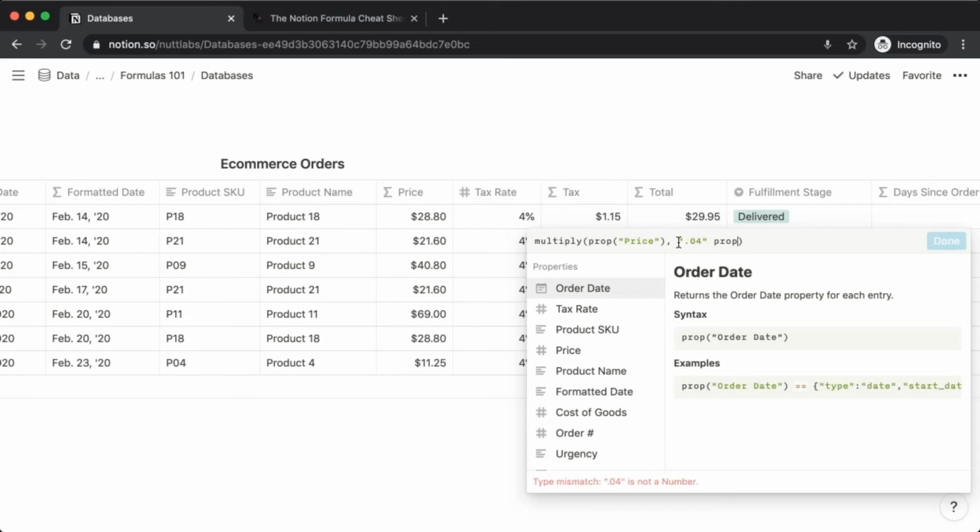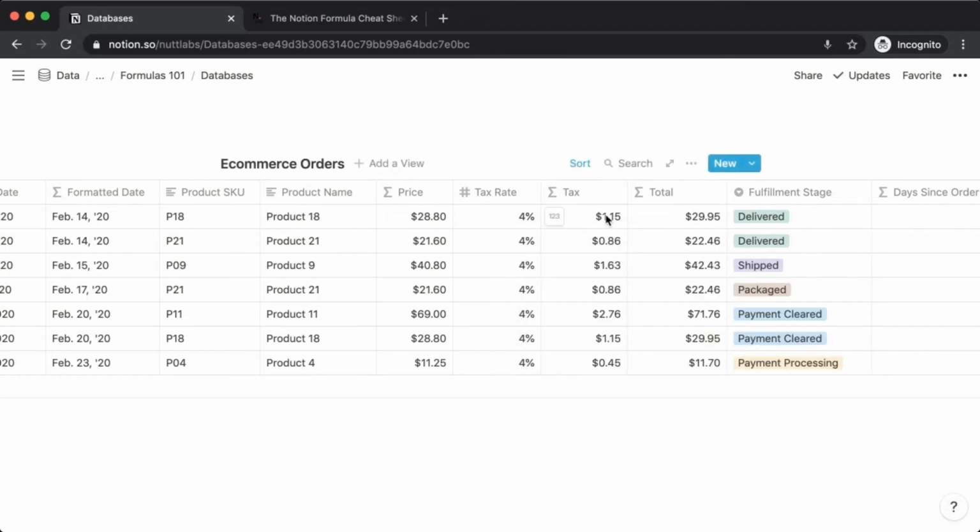Sometimes notional act a little funky. But we can, oh, okay. And see here, we have another example of a type mismatch and the importance of paying attention to the value types that you're entering. So of course, that 0.04 no longer needs to be wrapped in quotation marks because we don't want to give it a string. We want to give it the literal value of 0.04, a number. So we can now confirm, and we are going to have the tax to be added to each item